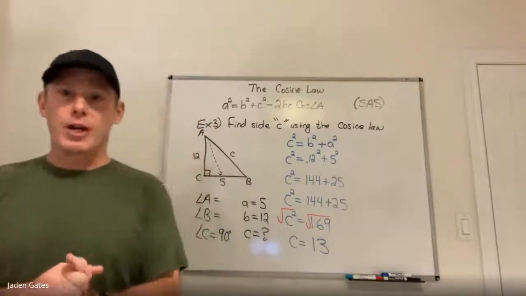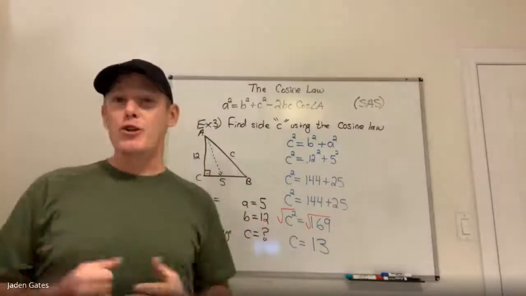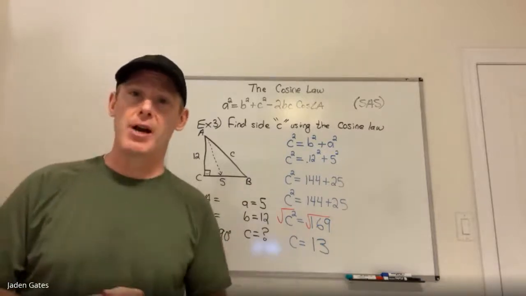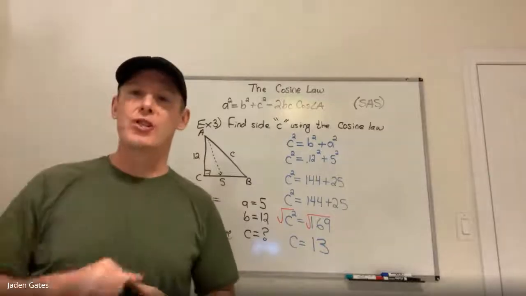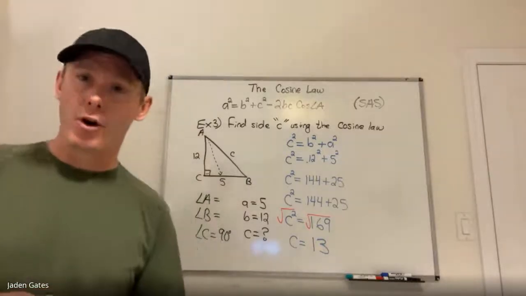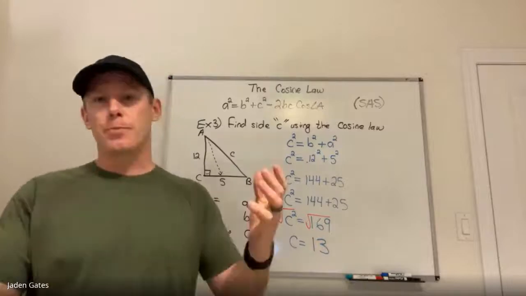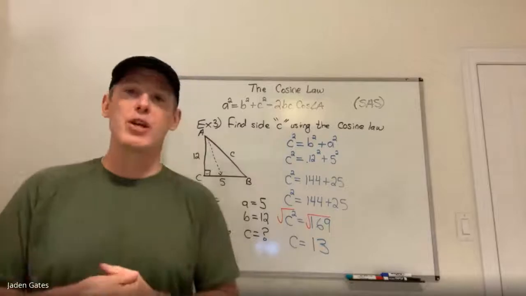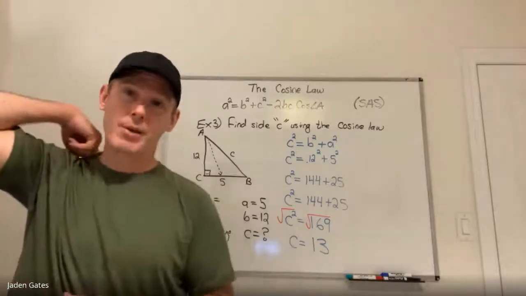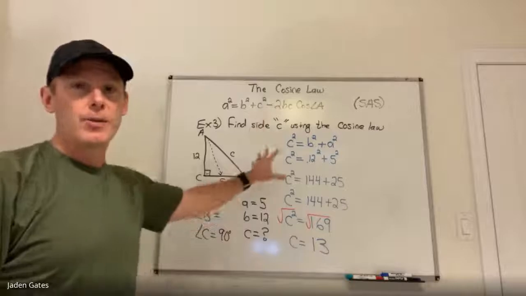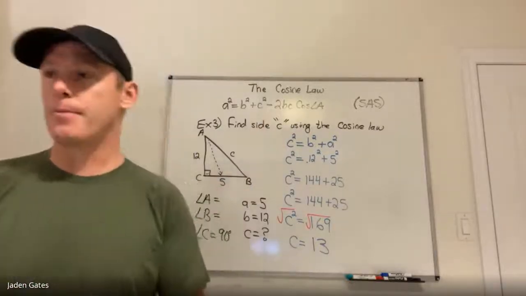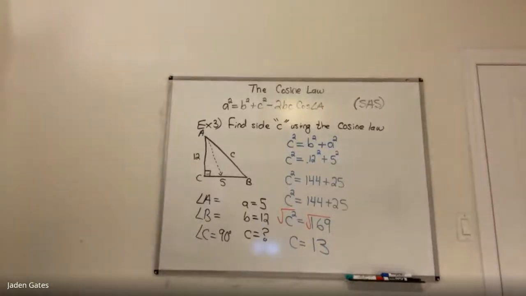So here's the key: when you use the cosine law for a right-angled triangle, it just simplifies down to the Pythagorean theorem. When you use the sine law for a right-angled triangle, it just becomes the sine ratio. So the cosine law and the sine law can be used for right-angled triangles, but essentially they just simplify down to the Pythagorean theorem, or in the sine law case, the sine ratio. That's all that happens. All right, so just a little different, interesting thing there. Again, being able to rearrange that